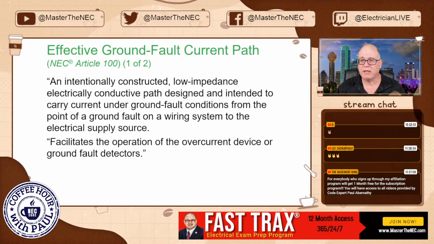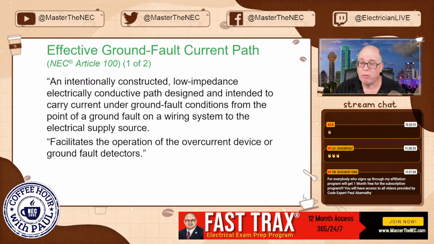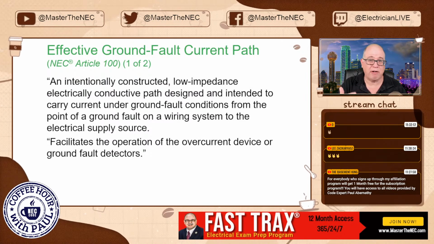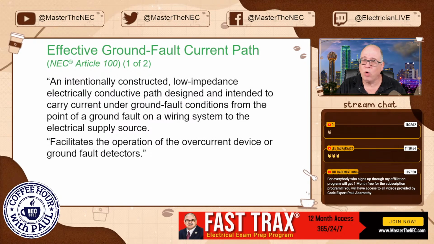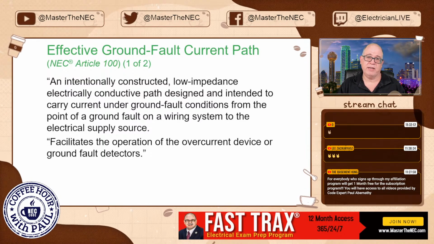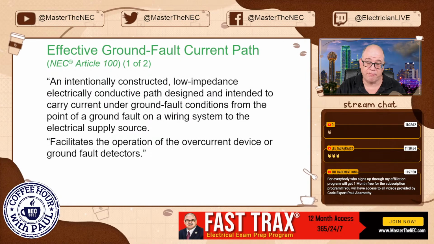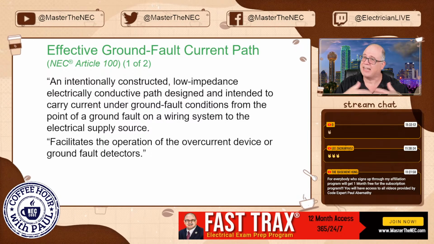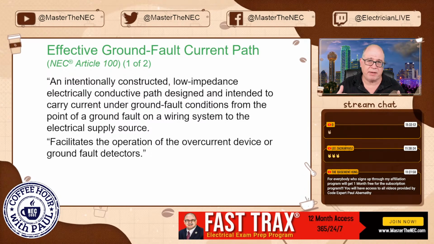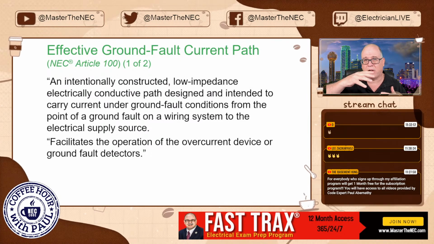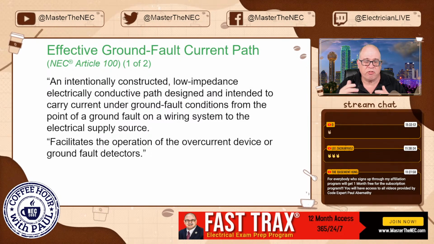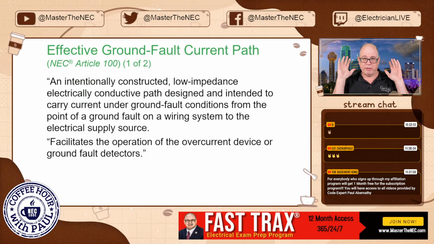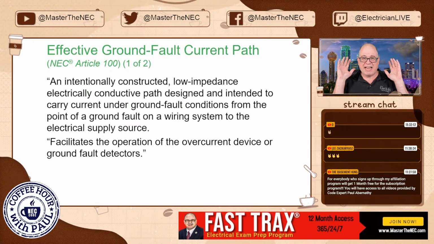Why? Because we want that overcurrent device, or we want a ground fault detector in an ungrounded system, to go off. Because a ground fault in an ungrounded system will not take the system down immediately. Now, when another leg has a ground fault, then the system will clear. But an ungrounded system has a monitoring system, a detection system. There are many things like smelting plants, which have a process that might be pouring molten metal. They can't have a breaker clear right away. So they want lights to come on. They want sirens to come on. They want to let everybody in the building go hands off. We want to put this in an electrically safe condition.